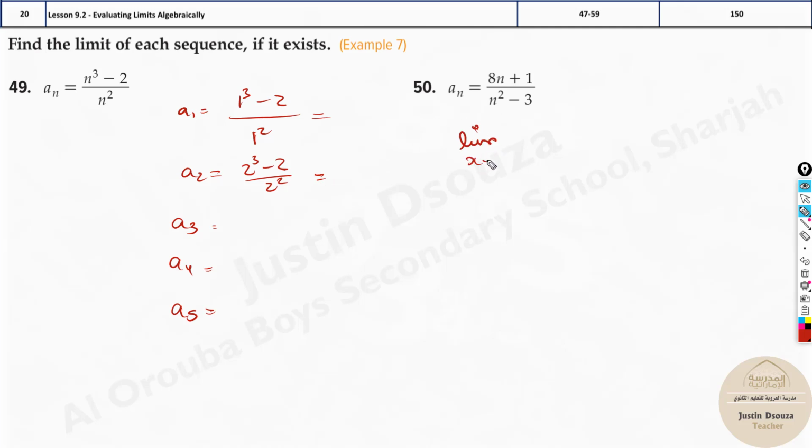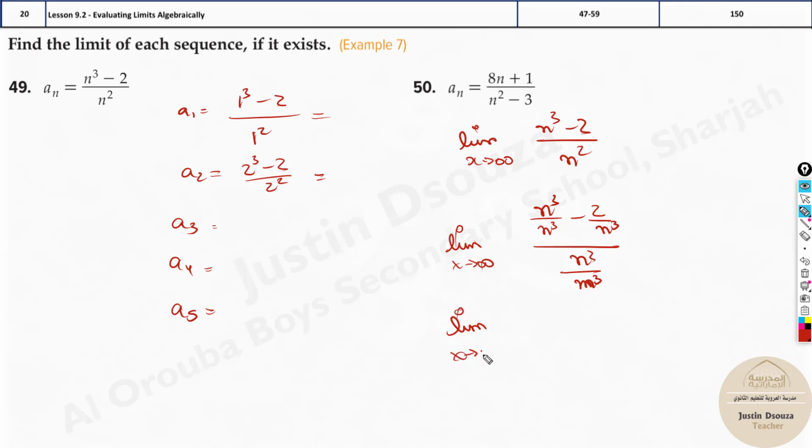Limit as n tends to infinity of n cubed minus 2 divided by n squared. What would be the answer? First, you need to divide throughout by the highest degree. It will be n cubed divided by n cubed, minus 2 by n cubed, divided by n squared by n cubed. This is n cubed. And now what you have to do is simplify this. The limit remains as n tends to infinity. Over here also the limit as n tends to infinity remains. Solve it up. It's going to be 1 minus 2 by n cubed divided by, over here it's just 1